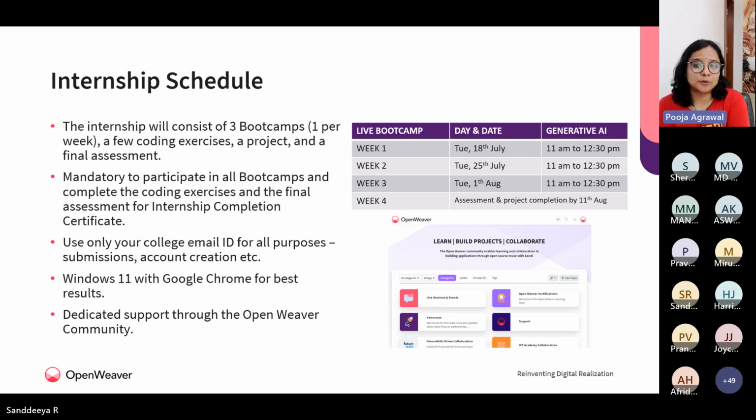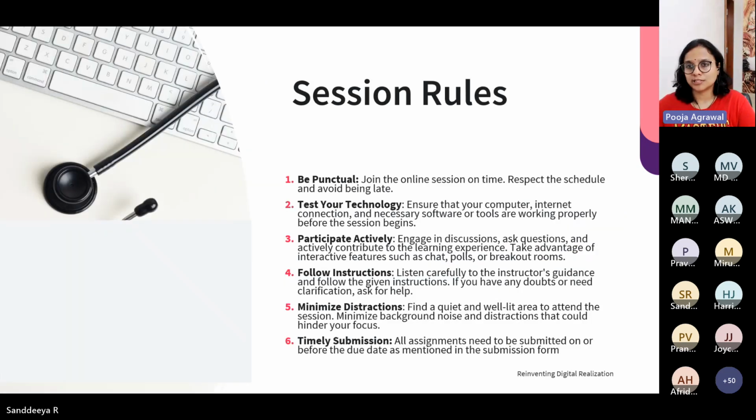You also need to sign up on our community platform, which I will discuss in a couple of minutes. For that as well, it is important to use the same college email ID, and it is most suitable to use Windows 11 with Google Chrome for best results for the kits that we will use in these sessions going forward as well as today. We are also dedicated to providing you with the support that is required throughout this virtual internship through our community platform. So before we talk about our community platform, I would also want to establish some session